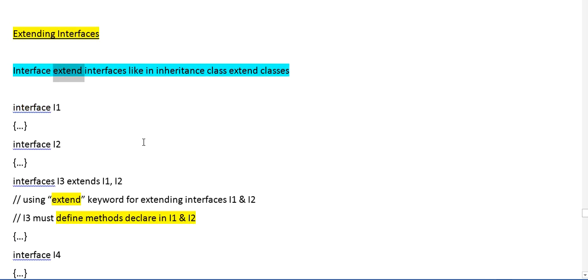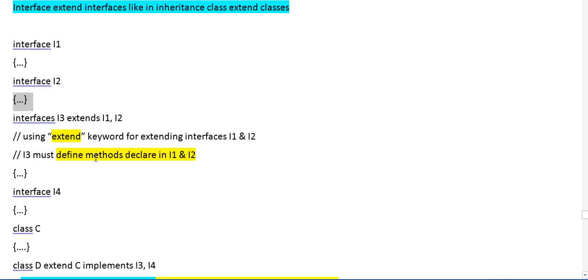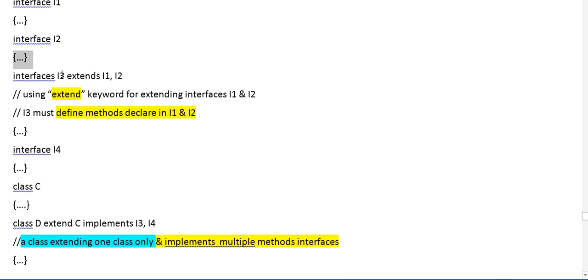Like we have an interface I1, which is defined here, then interface I2, which is defined here. Then we have a third interface I3, which extends I1 and I2, so we will use the keyword extends here to extend these I1 and I2 interfaces.